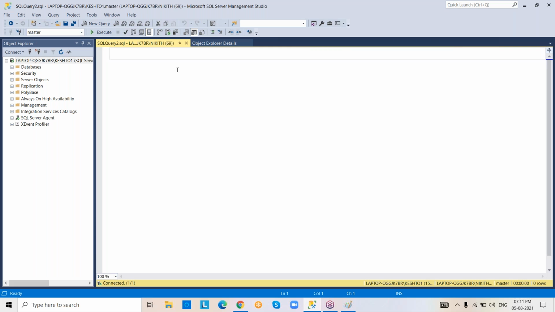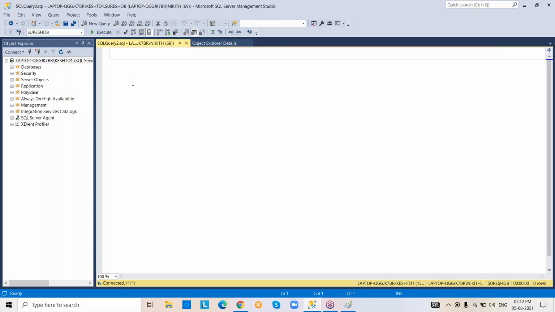After connecting to the new query window, don't forget to open the drop down and select your database name. Because in SQL Server, we are going to work with multiple databases, right? So you have to select your database. Now the question is, sir, how do I know what my database is? In real time, documentation will be there. Based upon documentation, we can easily find out what our database is.